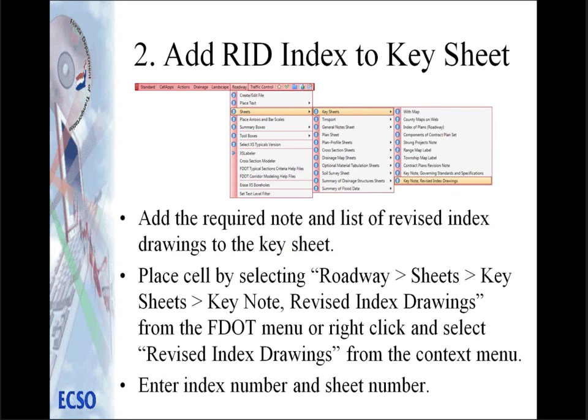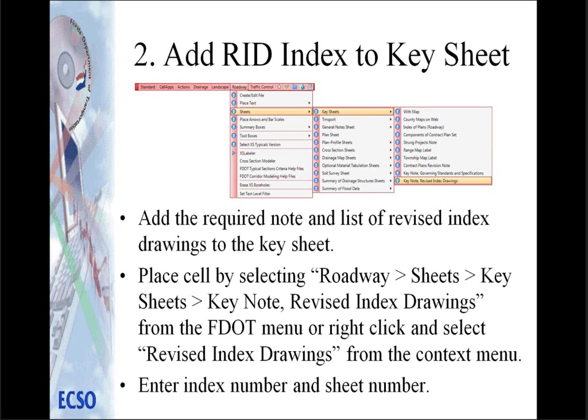One, you select Roadway, Sheets, Key Sheet, Keynote, Revised Index from the FDOT menu. Or you can actually just right-click in the key sheet file, and it'll give you some options, one of those being Revised Index Drawing, and place a cell from there. And then once you get the cell placed, you would then go in, enter the index number and sheet number